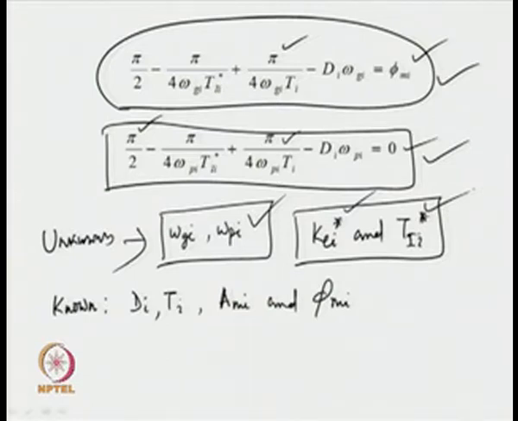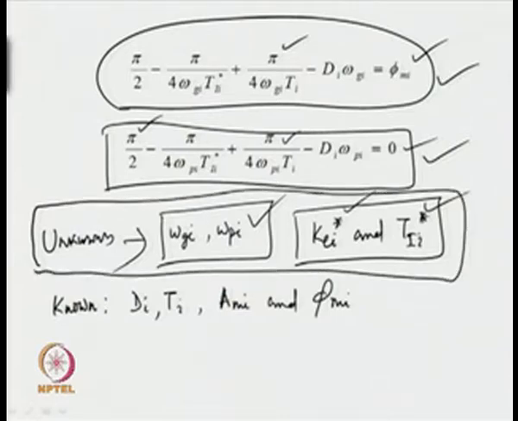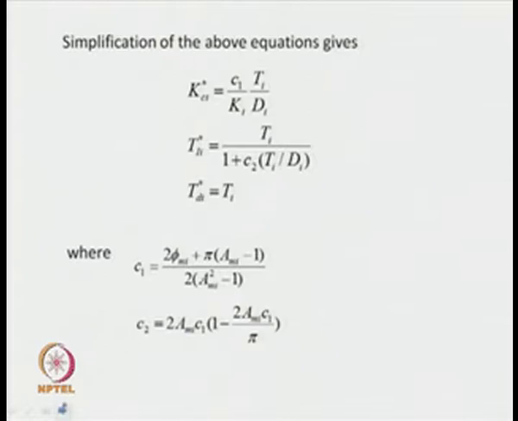Instead of solving a set of nonlinear equations to estimate the 4 unknowns, with little manipulation it is possible to find explicit expressions for the unknowns, and those explicit expressions are obtained as KCI star is